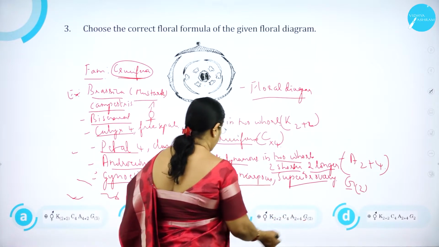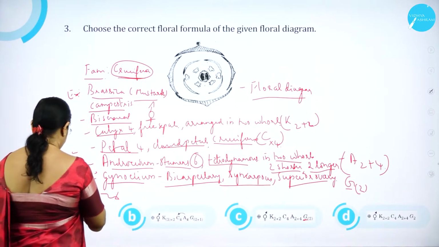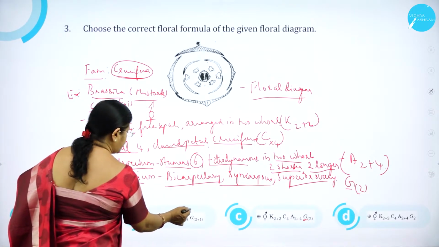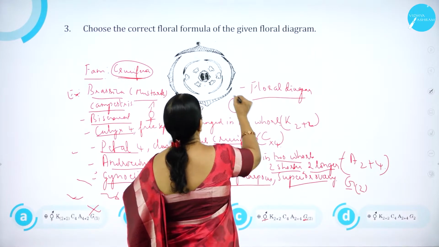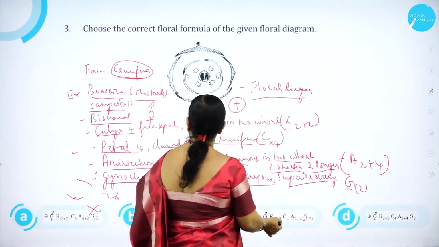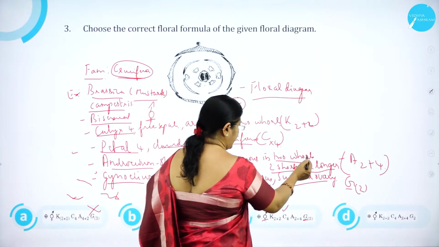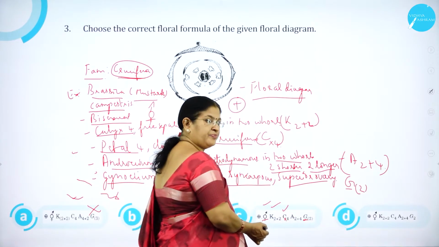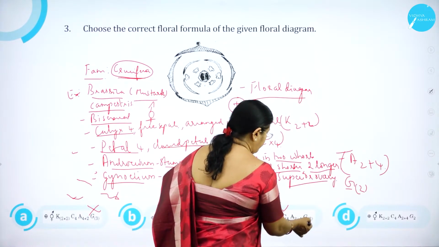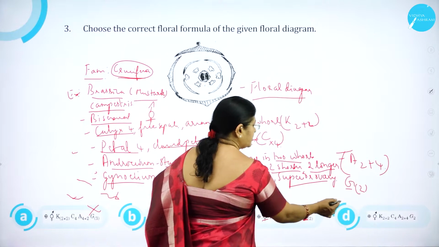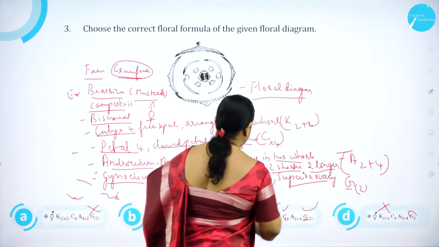So which is the formula which you come across here? This is wrong. This is wrong, tricarpellary. Here also it is wrong, tricarpellary. Here you can see actinomorphic, then bisexual, K2 plus 2. Bisexual, C4, correct. Then you can also write it as X here. Cruciform means X. Then A2 plus 4, correct. Then superior ovary, then bicarpellary. So this is wrong. It is not fused here. So option C is correct.